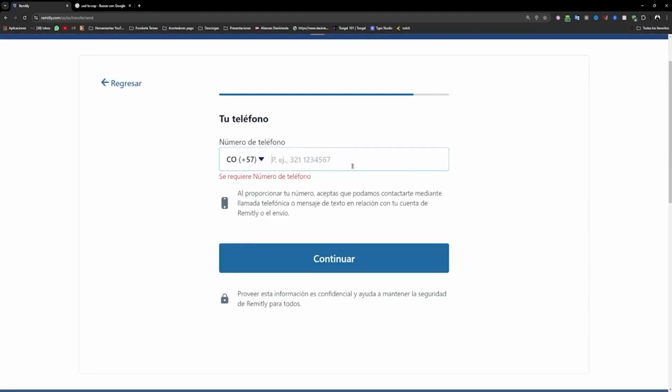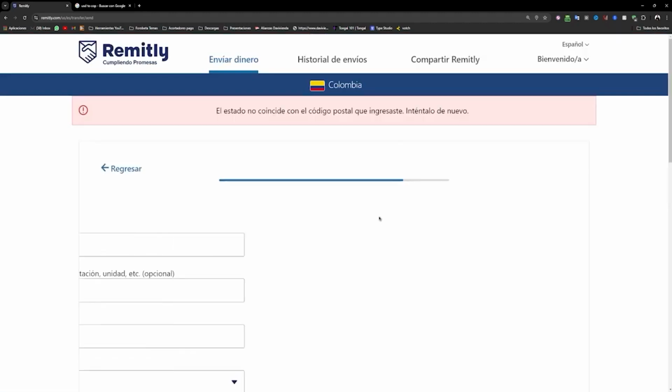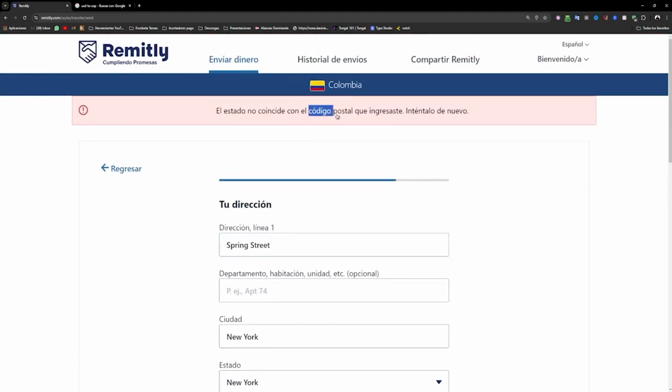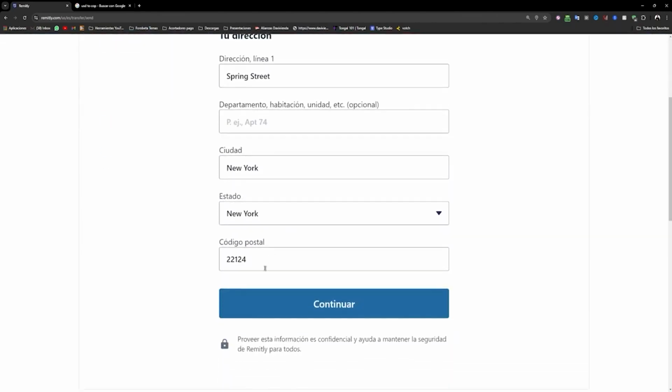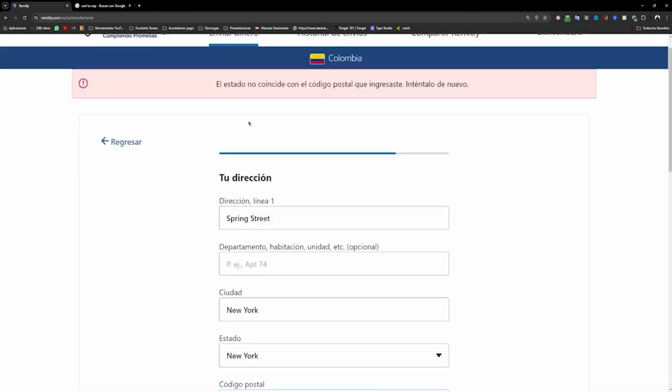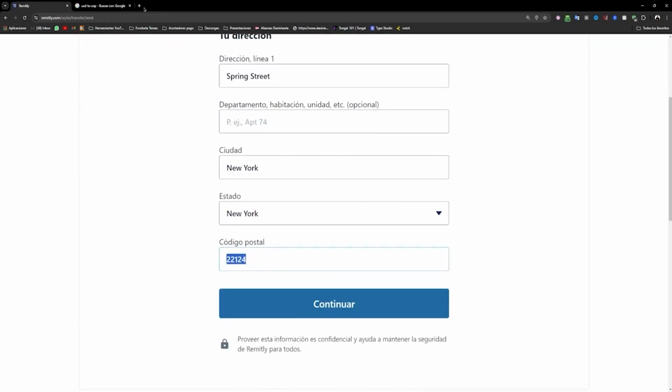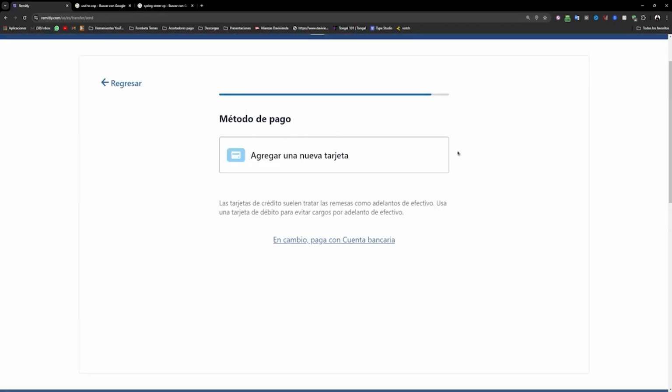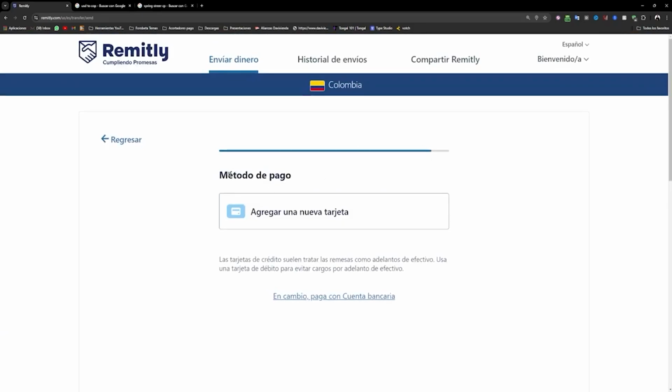Click continue. There's a postal code error, but don't worry, this likely won't appear for you. It's just that the postal code must align with the address I entered. So I'll enter a matching postal code and continue. Once we've done this, we'll proceed to the payment method, meaning what we are going to add. In this case, it allows me to add a debit or credit card or pay directly with a bank account,